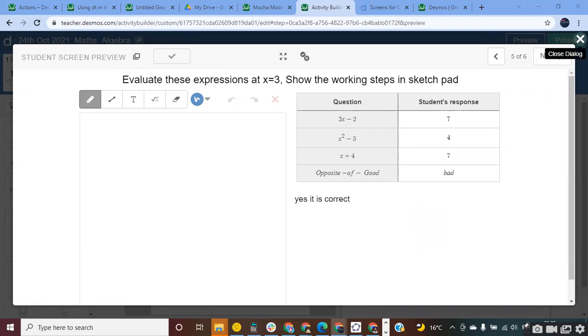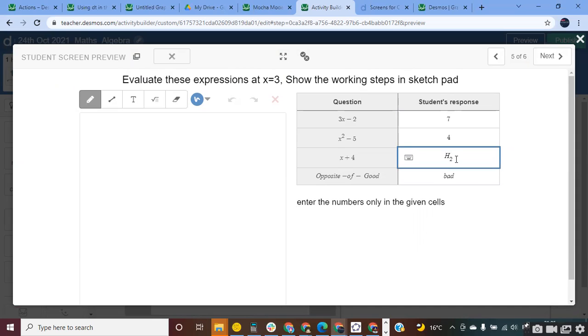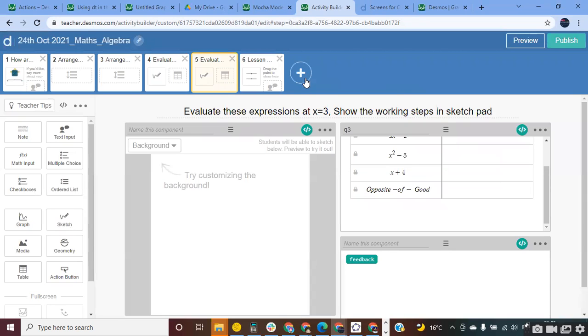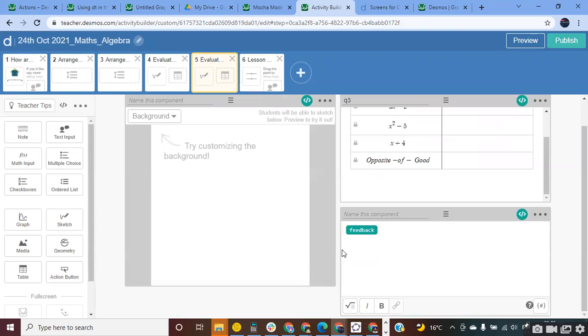Let me also show you how you can actually do this with some chemistry formulas. Let's say the chemical formula of water, H2O, right? So if a student is typing H2O like this, sorry, I'm writing it like this. So we can also validate these things, right? And it's easy. It's not difficult to do that. We can do it. But don't worry, maybe next time we can try this. So I hope this feedback thing was clear.